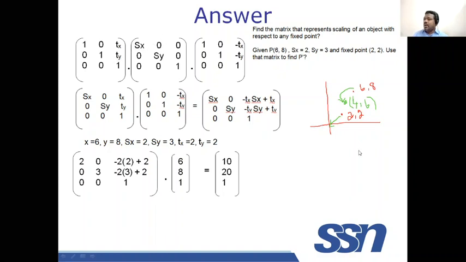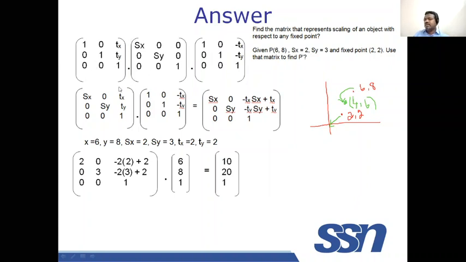Okay. Once scaling is done, again we can move this point, whatever change is happening to the point 4, 6, that will be 2 units in x direction and 2 units in y direction added, so that we can move it to the original position. That is given by this matrix. Now, as the order is written in reverse order, you can do multiplication from left to right.